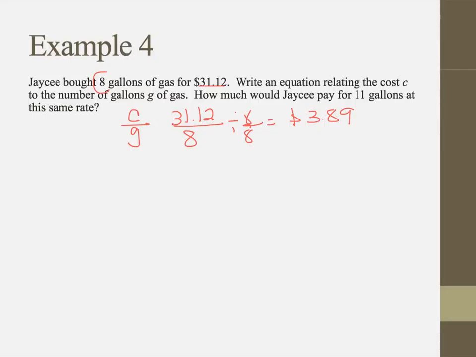So we're going to say the cost is equal to $3.89 times, so let's substitute. We know that we had 11 gallons here. So the cost is equal to $3.89